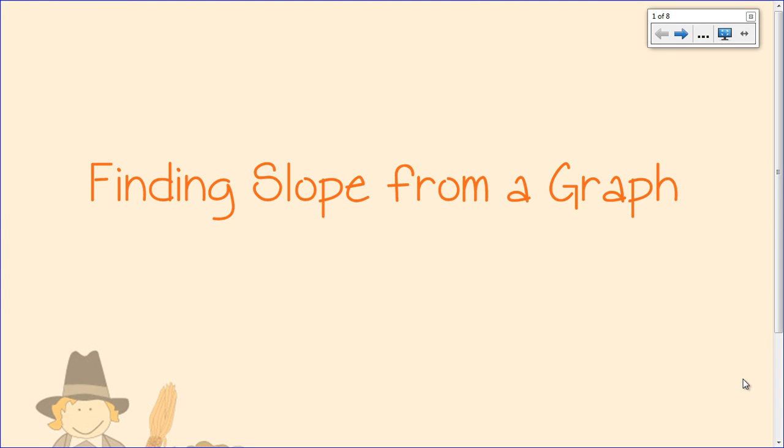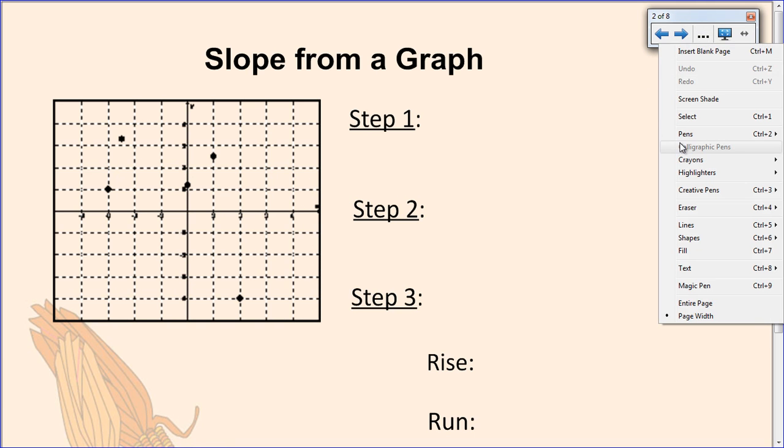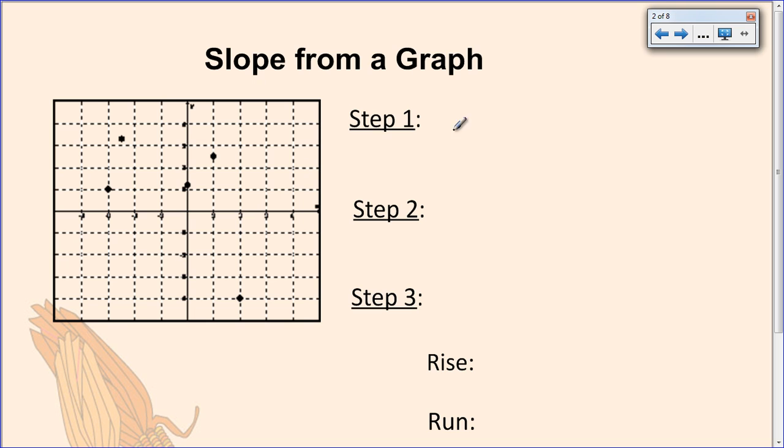We are going to find slope from a graph today. So we're going to start talking about this thing called slope, which is your rate of change. We talked about that in the last video, but now we're going to talk about how to find it if we have a graph. So there are some steps we're going to have to follow. So if you want to find slope from a graph, step 1, find